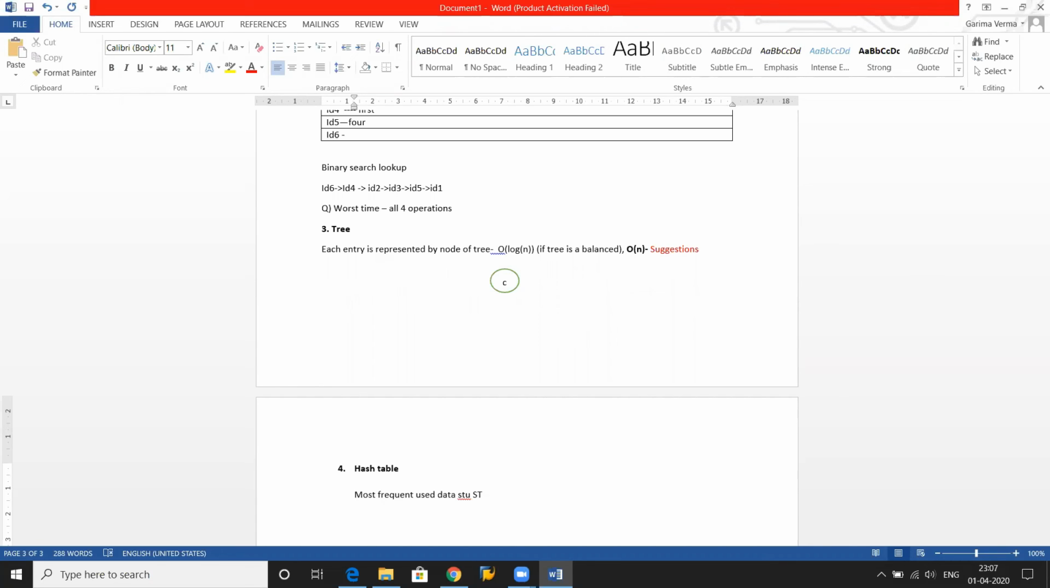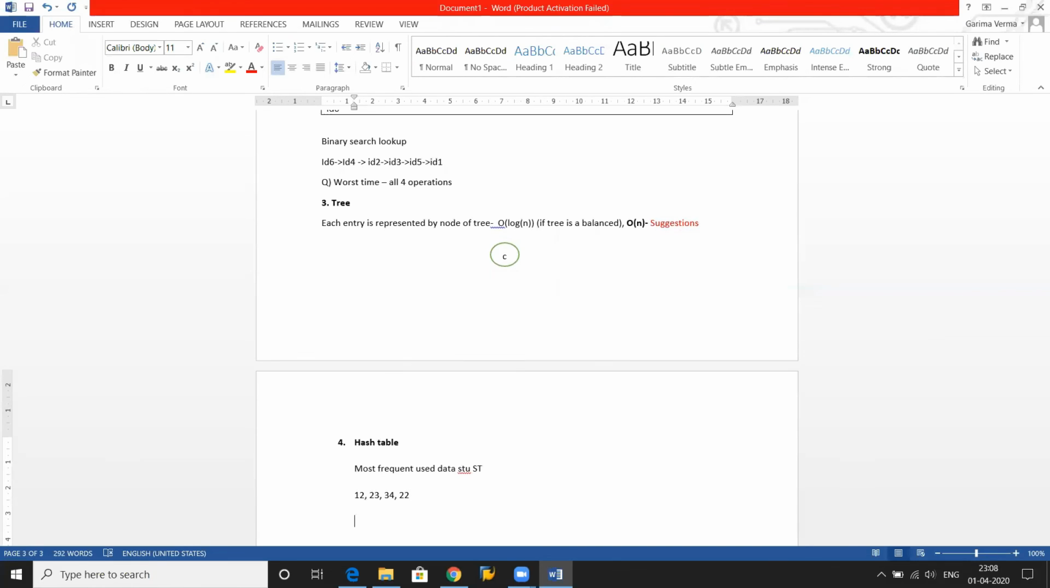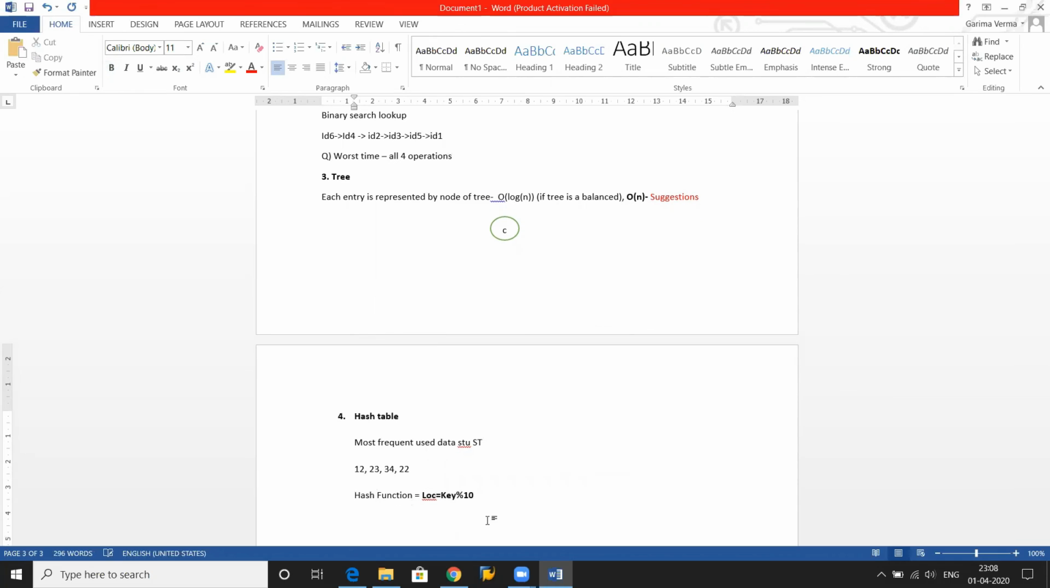Suppose you have a value 12, a value 23, a value 34, and a value 22. These are the values, and my hash function is location equals key modulus 10. What is the meaning of that? किसी भी आइडेंटिफायर की लोकेशन निकालने के लिए हमने ये हैश फंक्शन डिजाइन करा है कि उस पर्टिकुलर आइडेंटिफायर को हम 10 से डिवाइड करेंगे और जो भी रिमाइंडर आएगा दैट विल बी द लोकेशन ऑफ दैट आइडेंटिफायर इन द